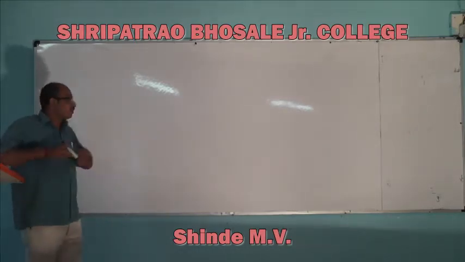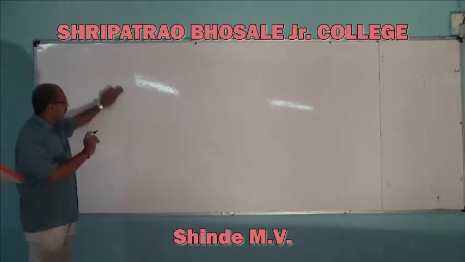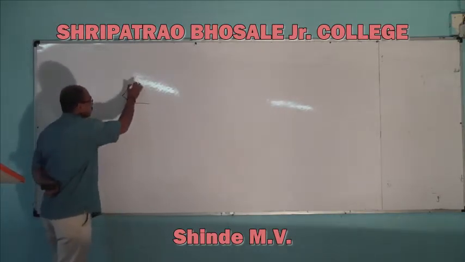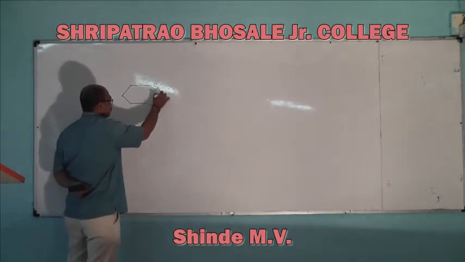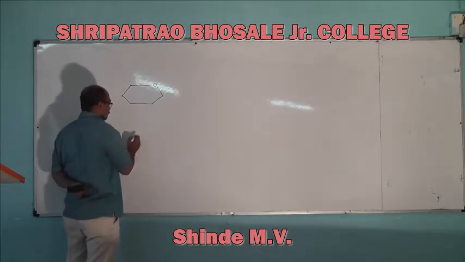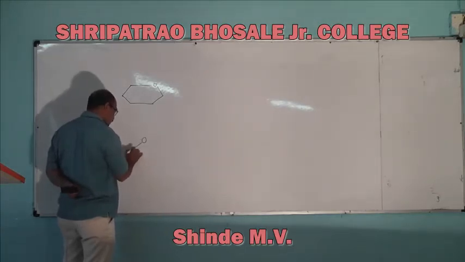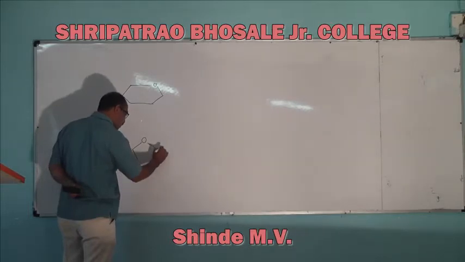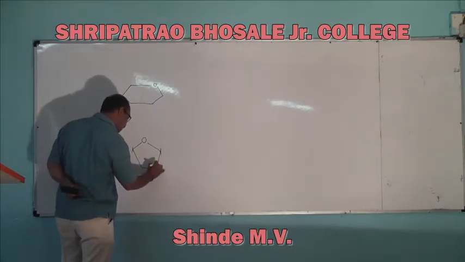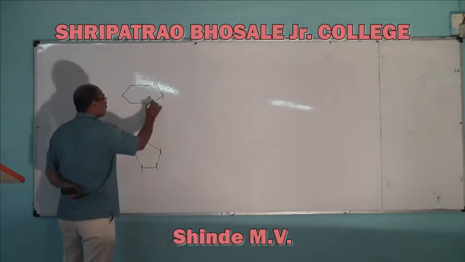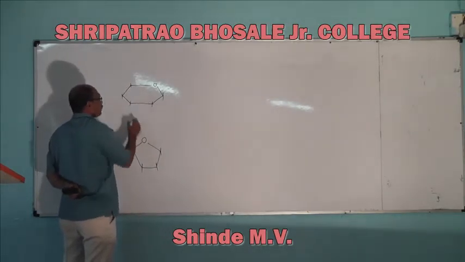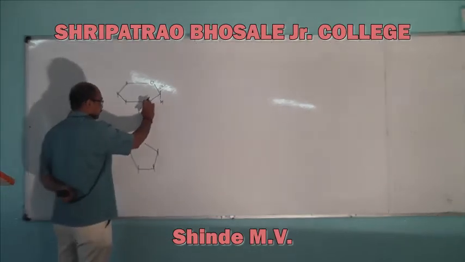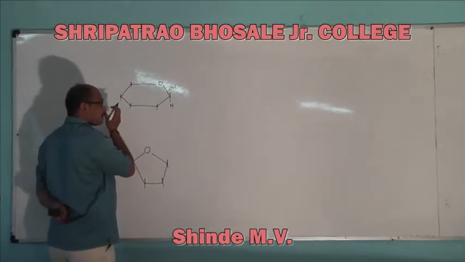In the previous lecture we gained knowledge about the cyclic structure of the glucose molecule. I am drawing here the cyclic structure of the glucose molecule. This one is the cyclic structure of the fructose molecule. Here, in these two molecules, the hydrogen group is present at the right hand side, at the lower side.